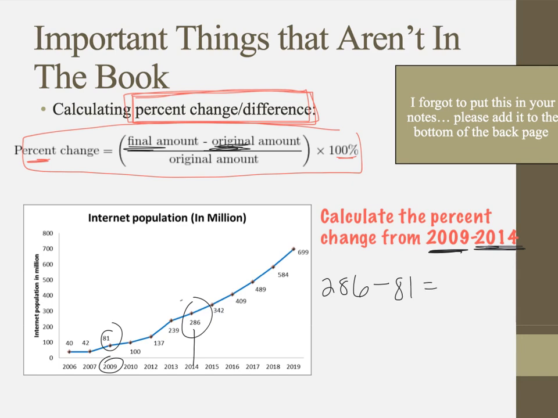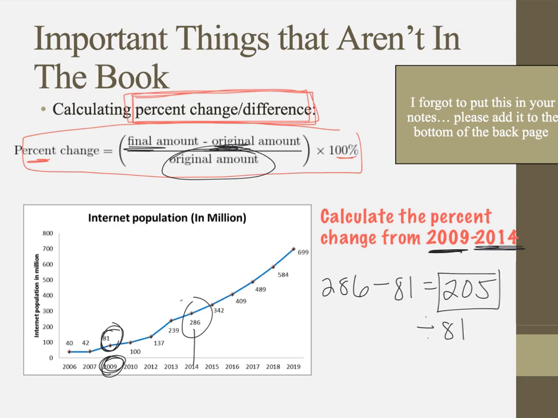Okay. 286 minus 81. Hold on, I'm getting my calculator out. 286 minus 81. That was dumb. I didn't need my calculator. It's 205. Okay, now I'm going to take that 205 and I'm going to divide it by my original amount. So divide by my original amount, which again was 81. 205 divided by 81